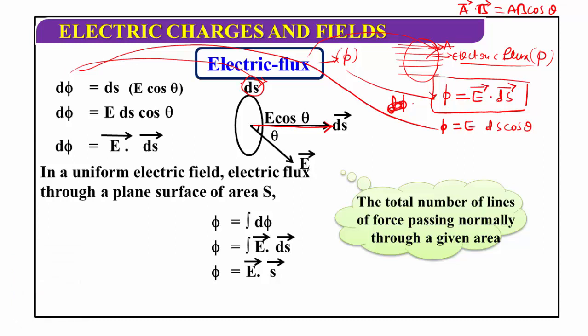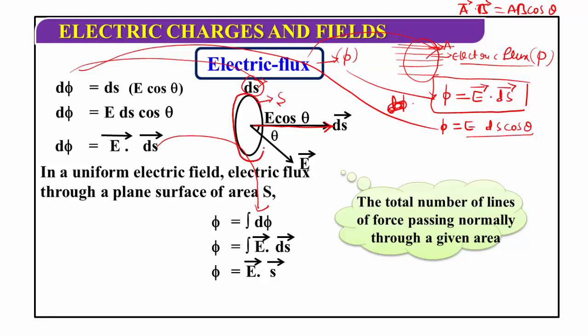First you must understand the concept of how we define electric flux. It is a simple concept, but since everything is a new term for you, it may seem a little confusing. It is the product of the component of electric field along the normal of the surface and the area of the element, that is phi is equal to E dot ds. E dot ds can be written as E into ds cos theta, or d phi is equal to ds into E cos theta, that is vector E dot ds.